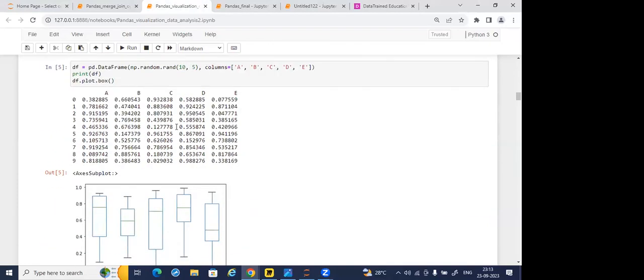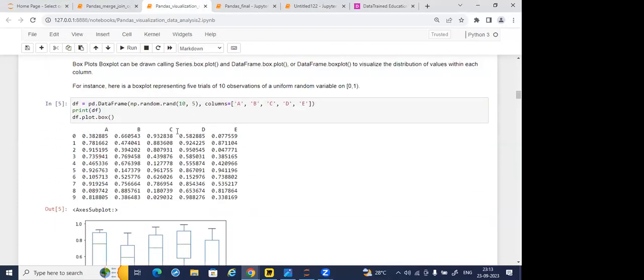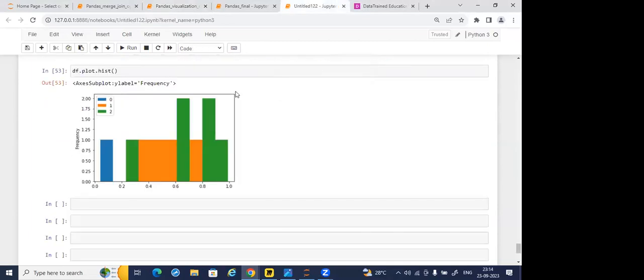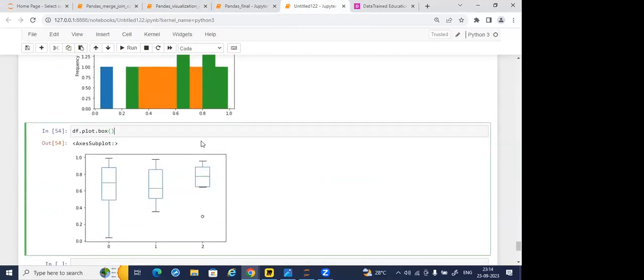Here, I can just write the df.plot.box command. Data frame dot plot dot box command. It will give you a box-like structure. What do the boxes give you? Boxes give you some